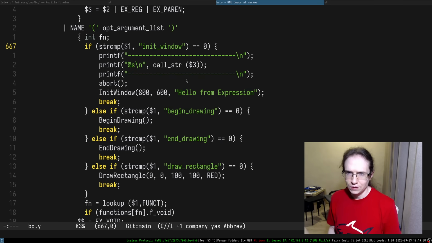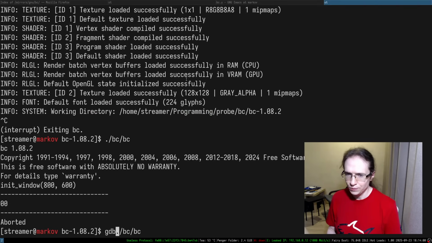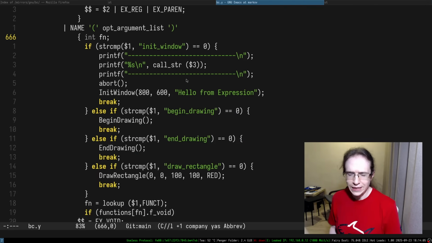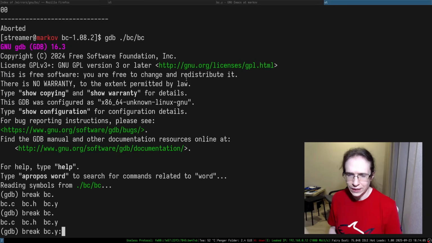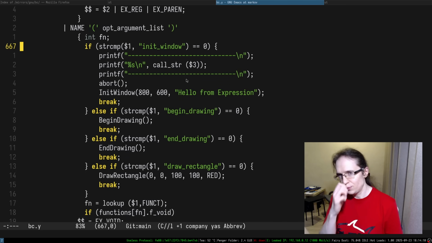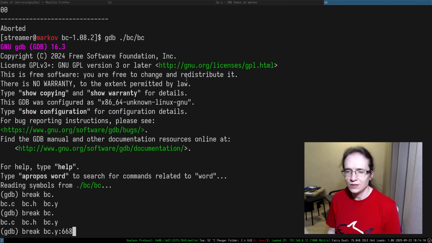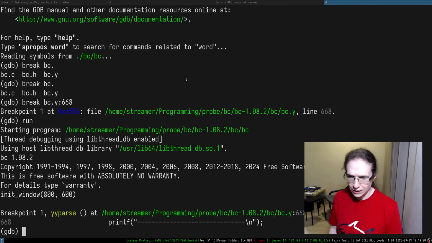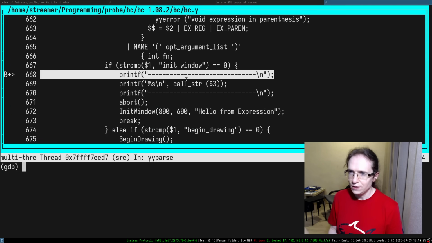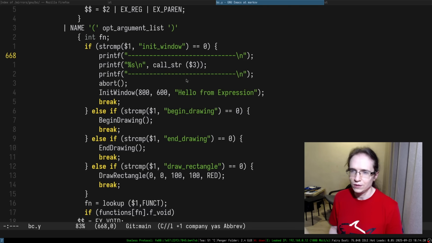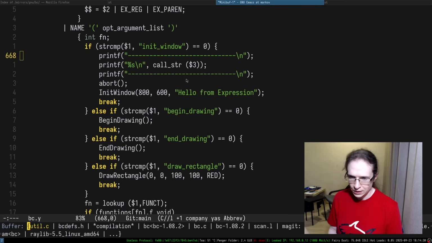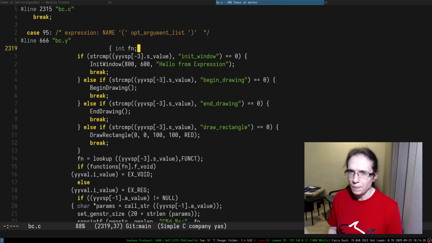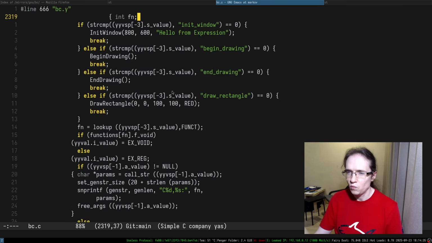Anyways, let me try to do the following thing. I'm gonna just do gdb break bc y, and please break it somewhere at 668. Okay, so I'm gonna run it, and I'm gonna do init window 800 by 600, like so. So we got this thing, and can I print this thing? So history has not, okay, so we can't directly access any of that stuff. So bc c bcc, and